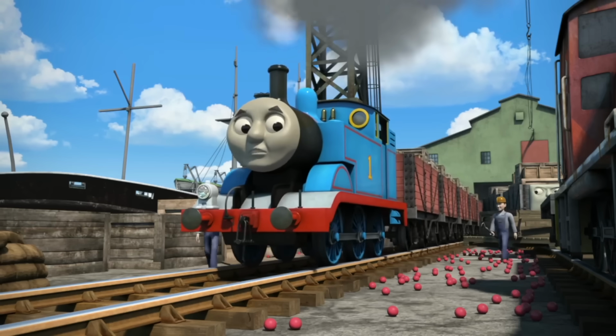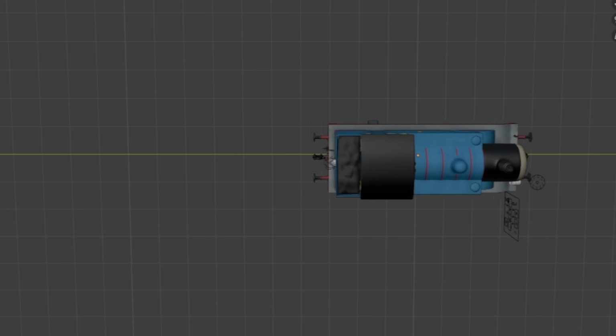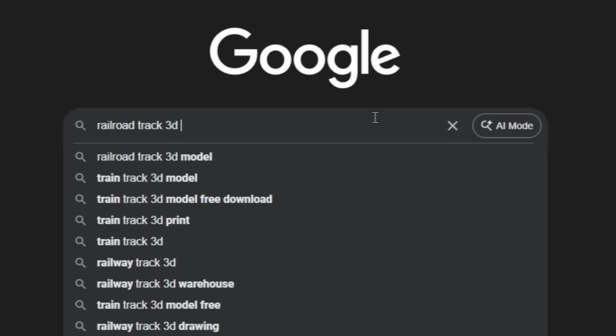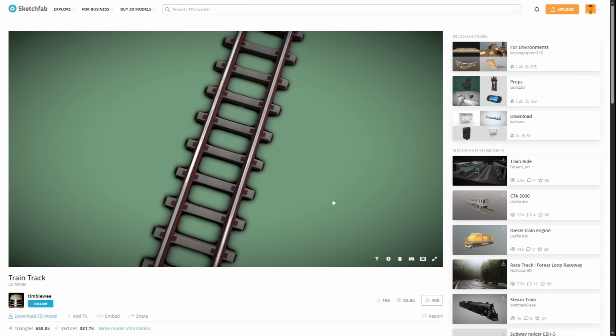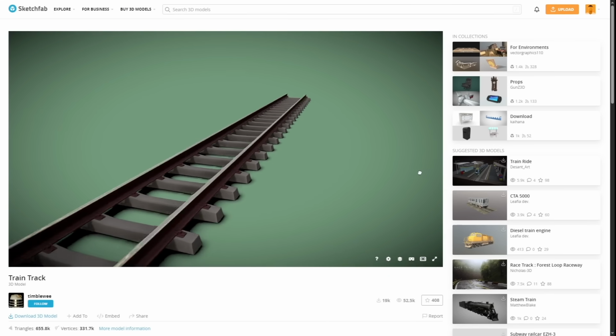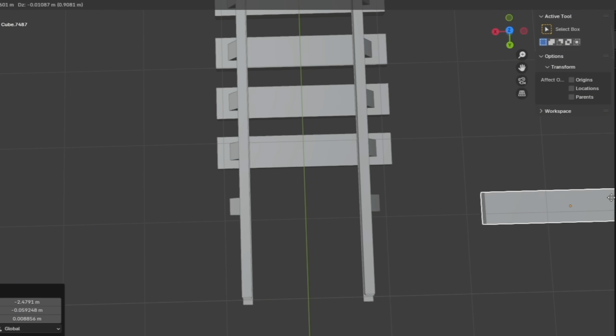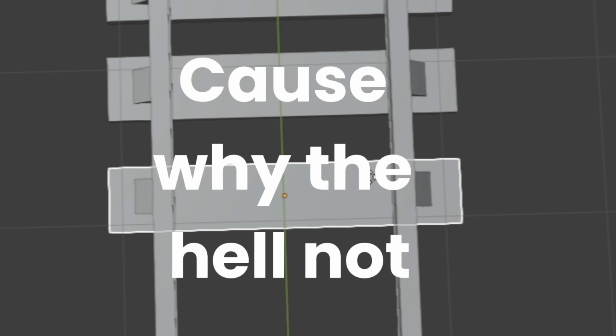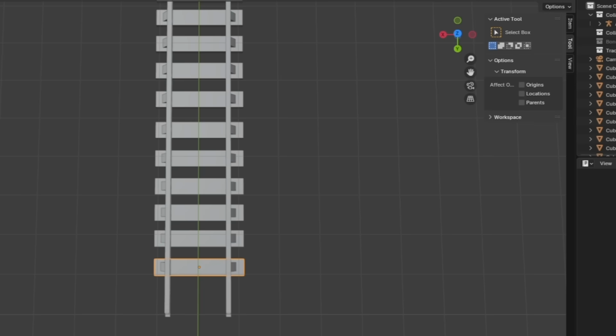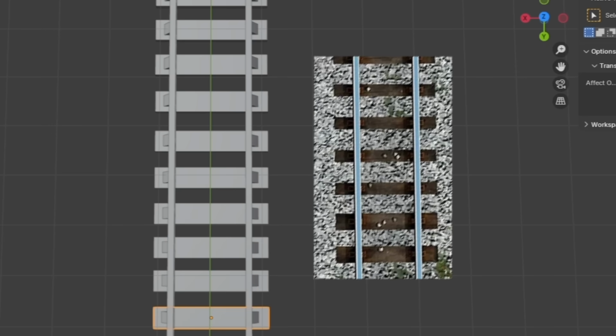But there was a problem. He wasn't on any rails. And you'd probably assume I went and downloaded a 3D model of some track, which was what I was going to do at first. But then I just ultimately decided to make my own rails from scratch, cause why the hell not? You can tell I made this because of how messed up the proportions are, as well as the